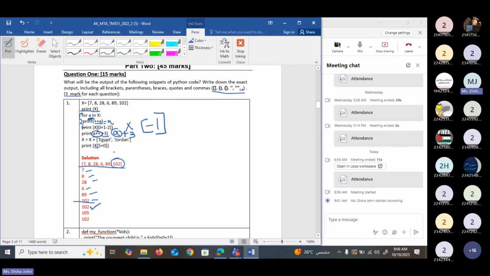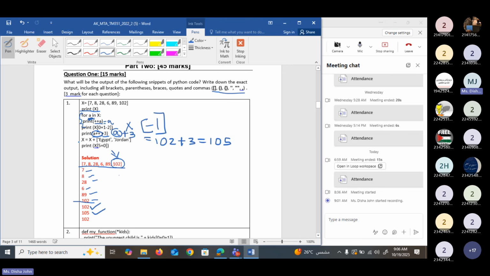So a refers to the last element in the list. So the last element is 102. So here a will refer to that element. Okay, so that will be 102 plus 3. So that will be 105. Okay, so that's why the output is 105. Clear? Yes. Any question? No, clear.